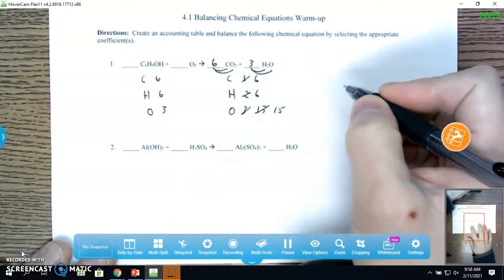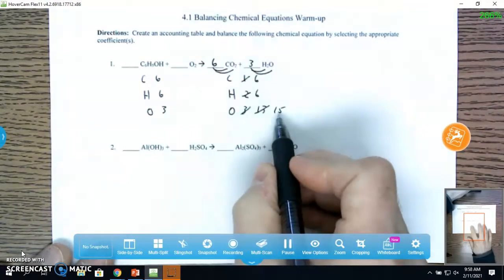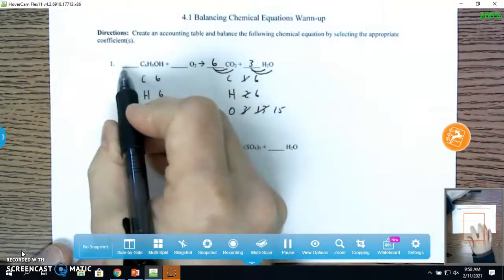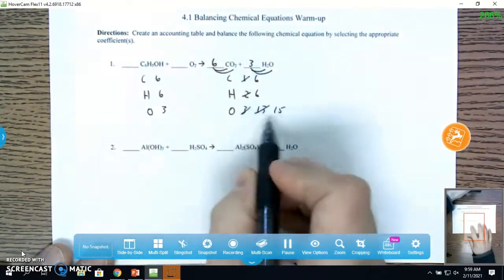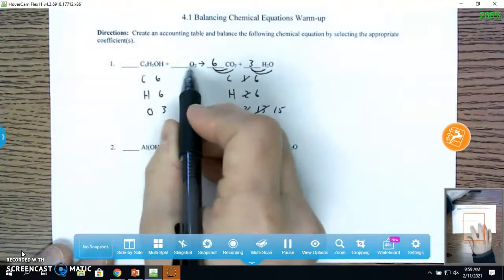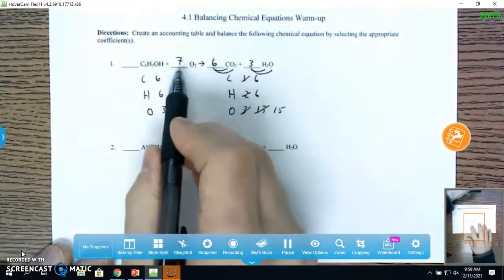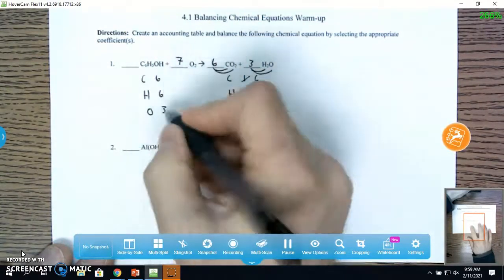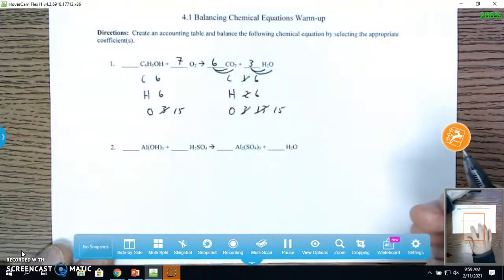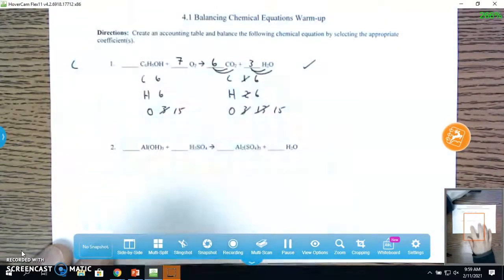Now, to balance the oxygens, we could use a guess and check method, but I like to be a little bit more strategic about it. If you take a look, we don't want to put a coefficient over here to balance oxygen, because that would unbalance the carbons and the hydrogens. So what I'm going to say is, what's 15 minus 1? That's 14. What's 14 divided by 2, that's 7. I can double check that. 7 times 2 is 14 plus 1. That gives me 15 oxygens. So this one is now balanced. By the way, again, this is a combustion reaction, and we always have to save oxygen for last in combustion